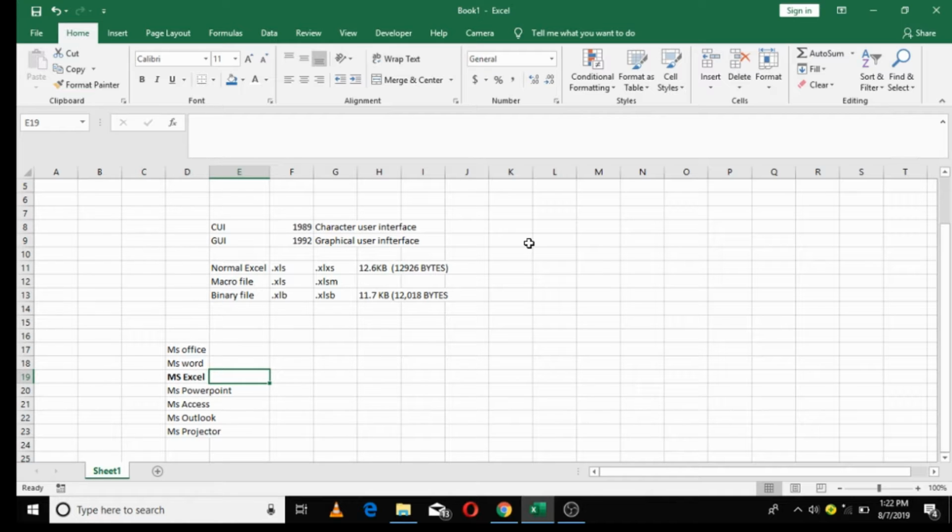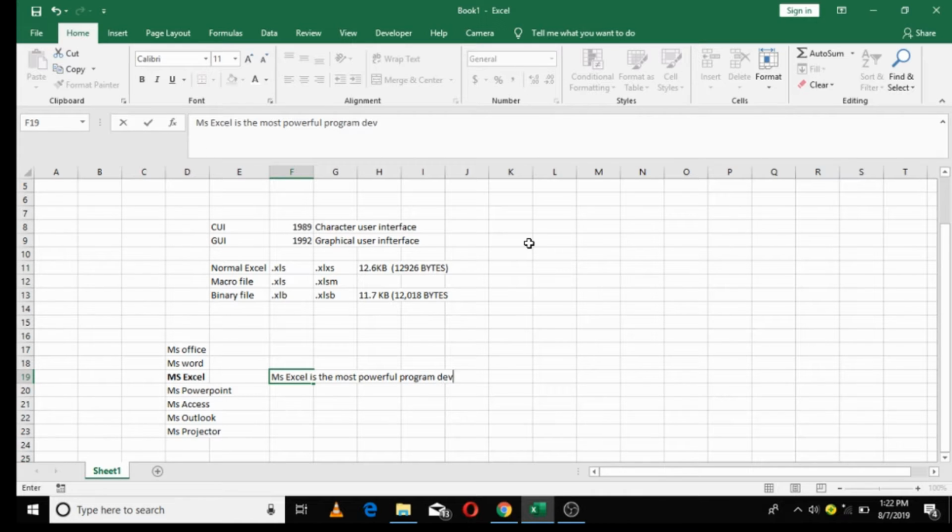So MS Excel is just the most powerful software program developed by Microsoft, which is used for data integration, data mining, data visualization, data analysis. So let me give you the definition as well. MS Excel is the most powerful program developed by Microsoft,